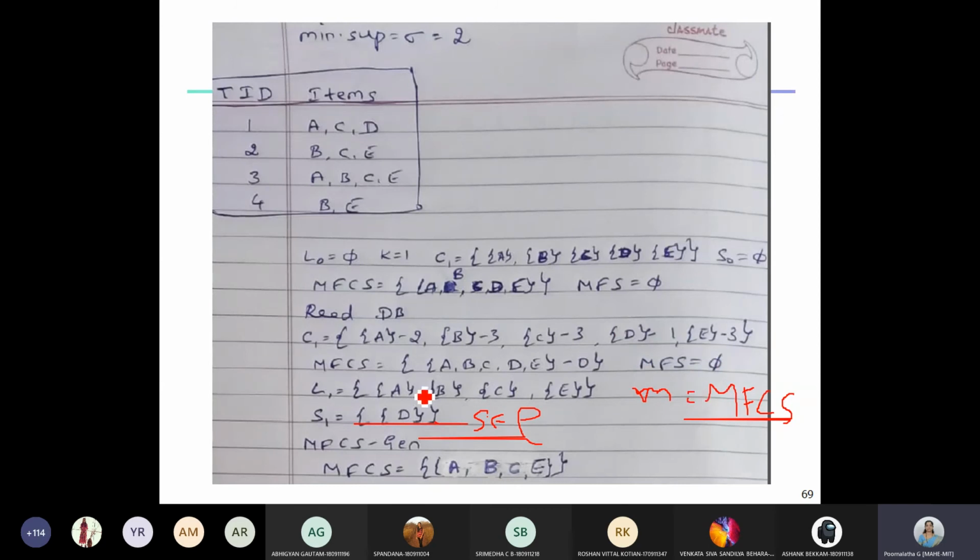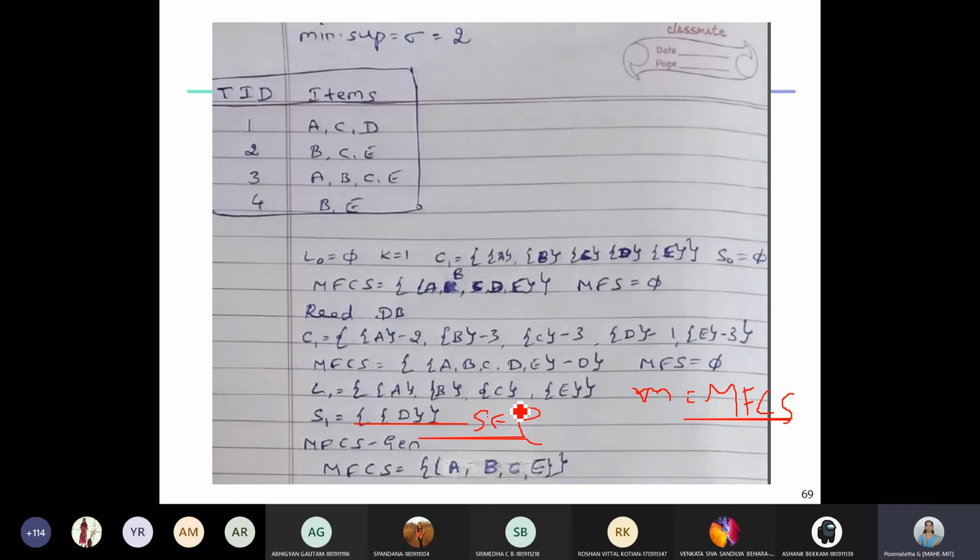So none of the items in L can be a subset of this MFS. So the condition is false, right? If L is a subset of any item set in the current MFS, then you delete that L from LK.